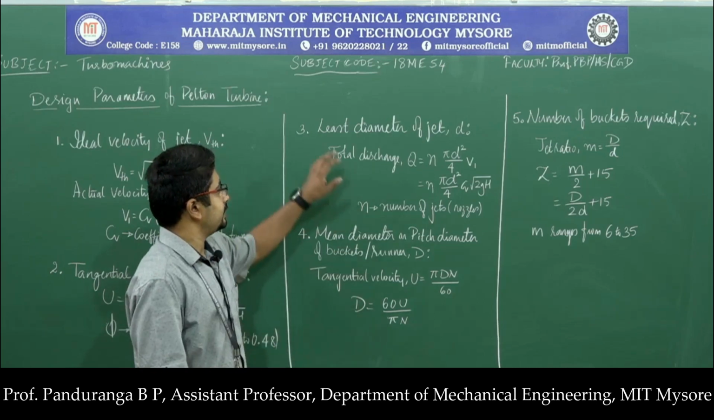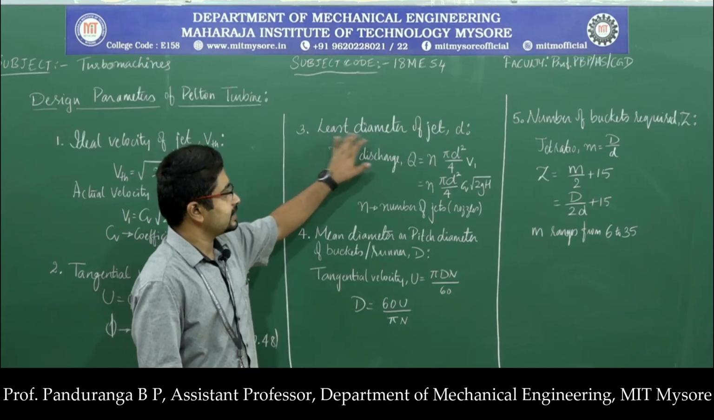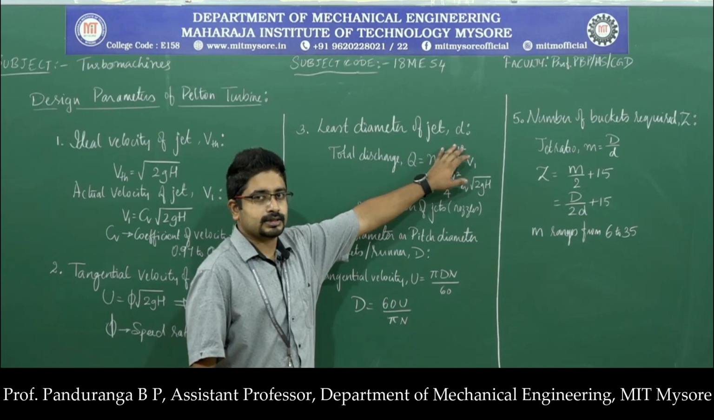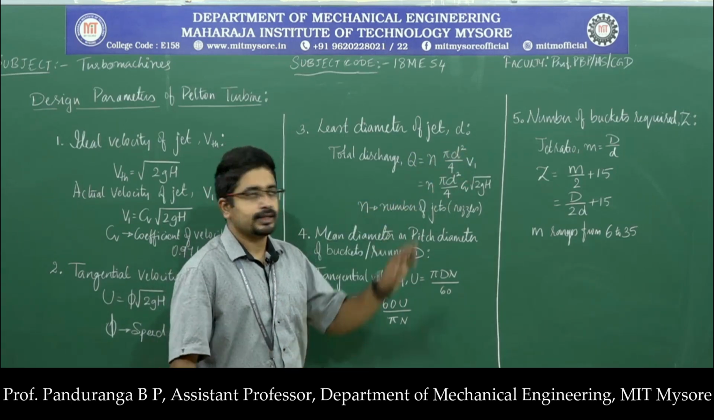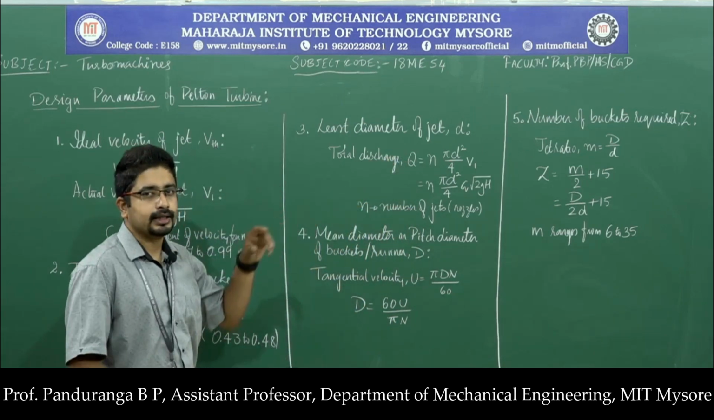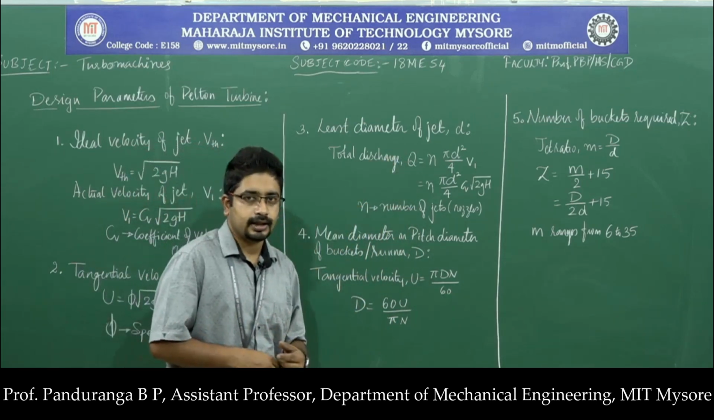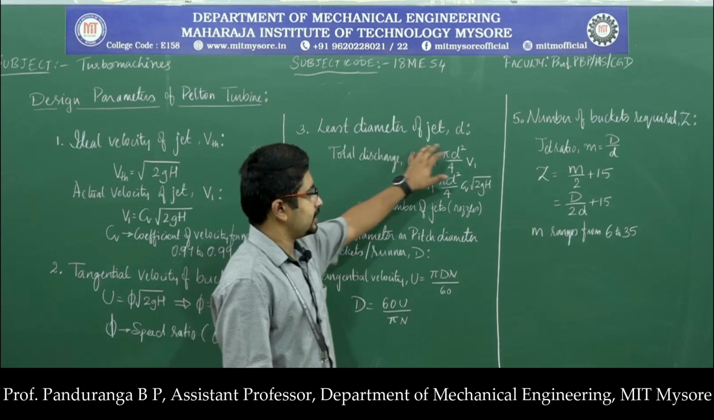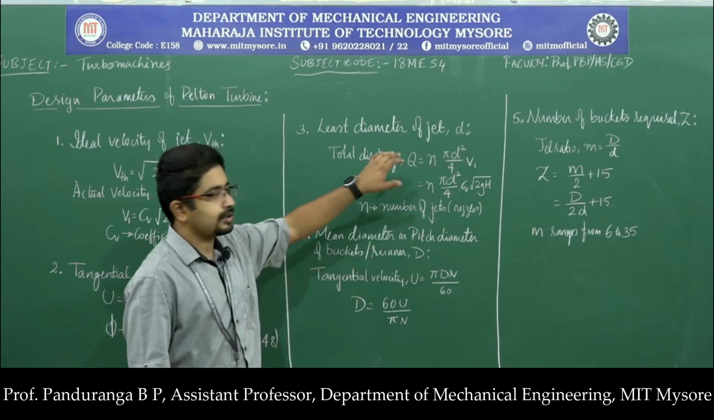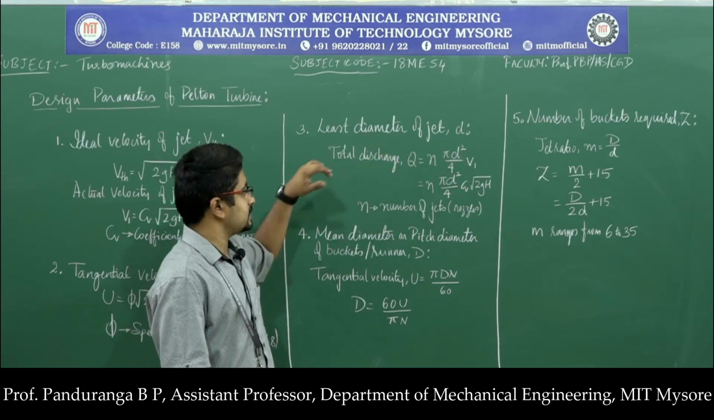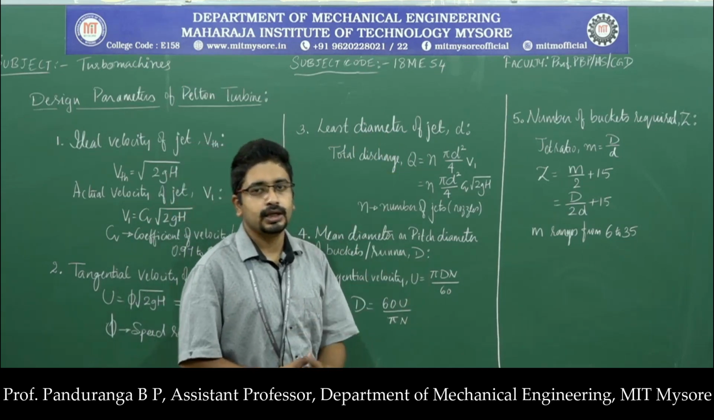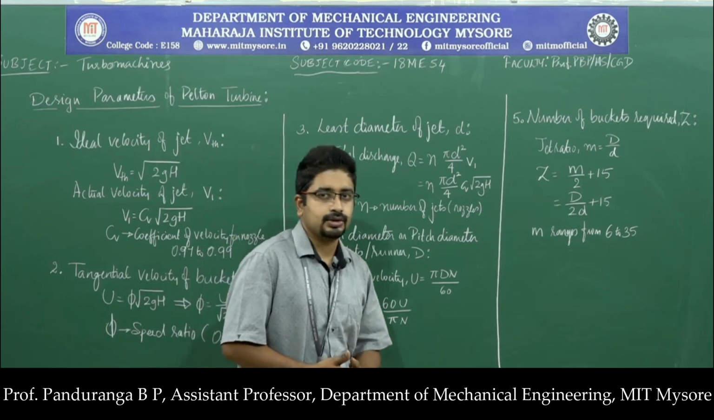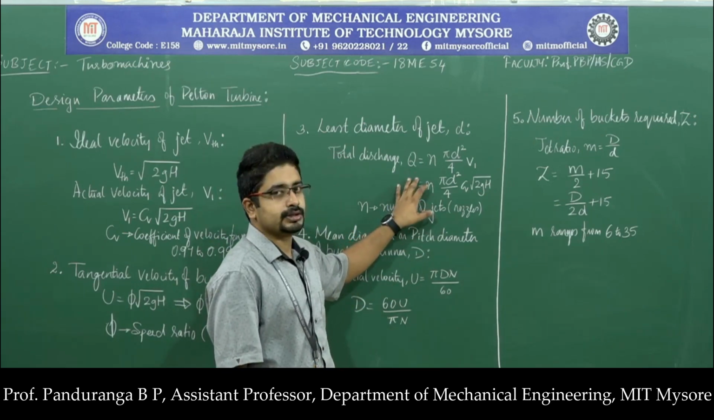Then the next parameter is the least diameter of the jet, denoted by small d. We have two diameters here. One is the diameter of the jet and the other is the diameter of the runner. To calculate the diameter of the jet, small d, first we need to consider the total amount of water discharging through the nozzle. So if I take Q as the total amount of water discharged,